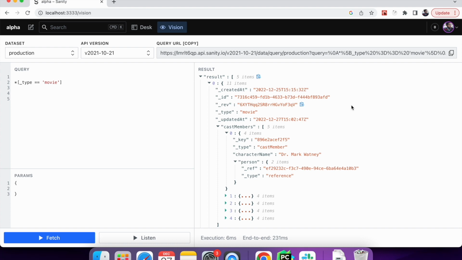So in GROQ there is an operator which we call the dereference operator, or we use it for expanding the reference. It is just an arrow like this. We use it for expanding the reference. So how do we do it? We'll try doing it now. So let's say that we want to